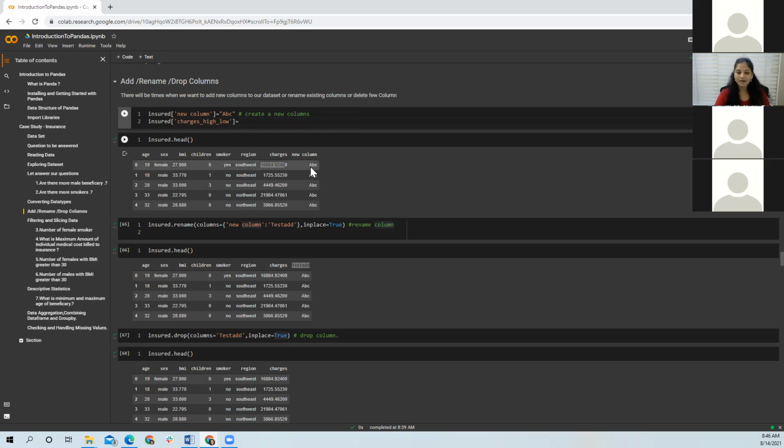When you are learning machine learning, you will mostly be adding more features or deriving some features from the existing data. Like here, I was deriving a new feature. Similarly, you will do this again and again, many times in machine learning. You will derive a new feature. This is where you will mostly add a new column to your data set.